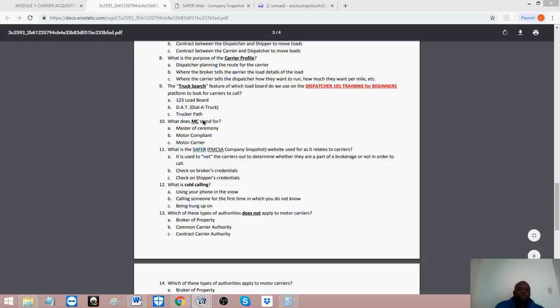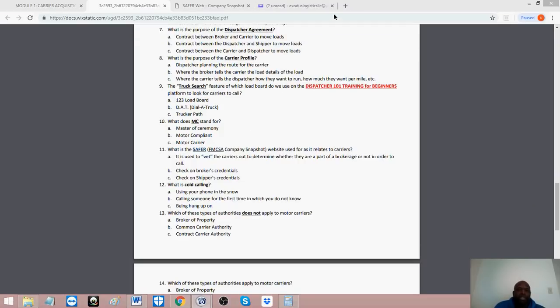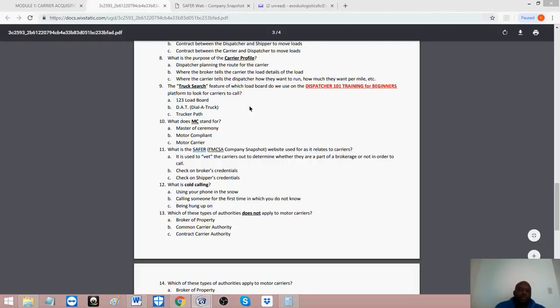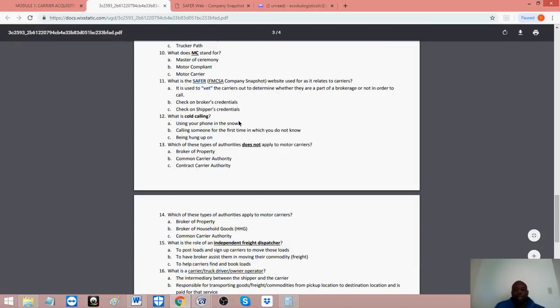Number 10, what does MC stand for? Now, I should have said in transportation because it does stand for some of these. Master of ceremony, motor compliant, or motor carrier. Everybody's saying C. That is correct. So it's good to go over the basics because it gives you a rehash of your level of understanding, so you can proceed on to a more advanced or more intermediate level